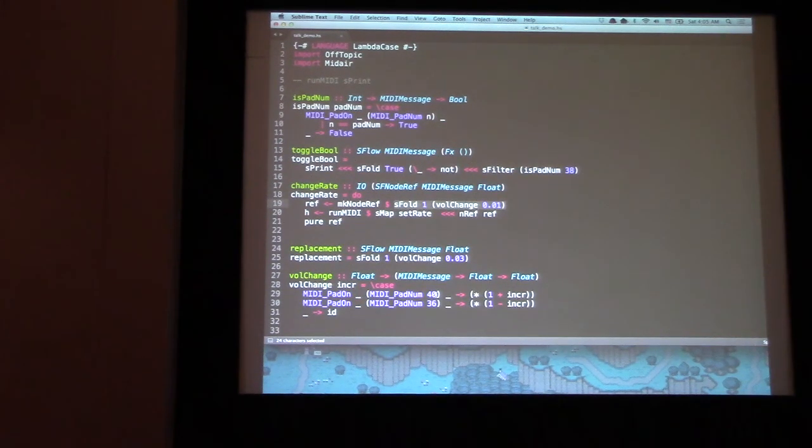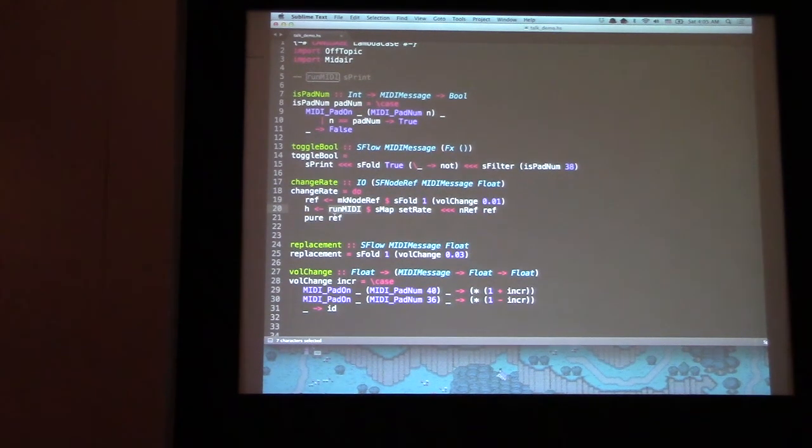When pad 36 is hit, we decrease. And then we make an explicit reference to that. Then we unwrap that reference, and then we pass it to smap of the set rate. So every time this is fired, we set the rate to be either id or the changed value. And then we call run MIDI, which is just a helper function which actually does something with the signal flow. And then we return the reference, which is useful because we're going to want to replace it later.